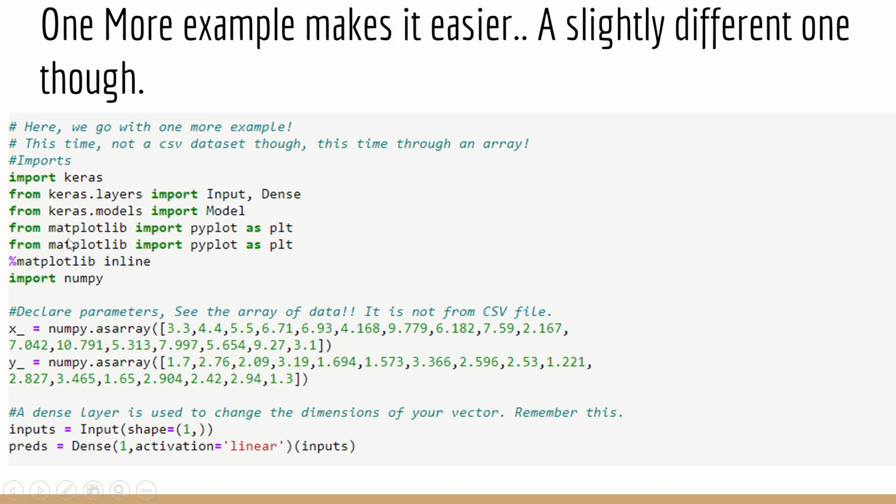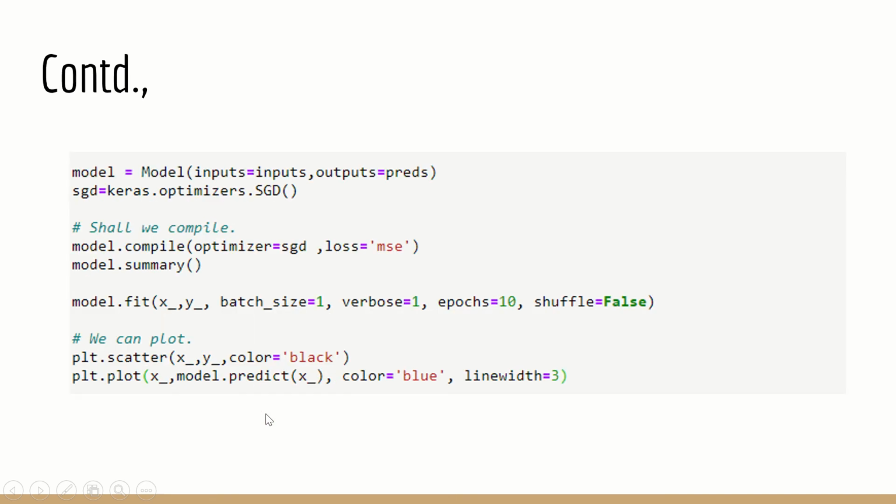First step, we import, and I have got X and Y. But this time it is an array. I have given the data, and these data points are fed in as an array, and now you see that I use the same dense. I have used activation as linear. I specify linear, and now what happens? I am building the model, and SGD is what I have used here, and it is one of the optimizers available, and I have already imported it. I told you. Now we need to compile it, and once it is done, we can fit it. We are going to plot, and that's it.